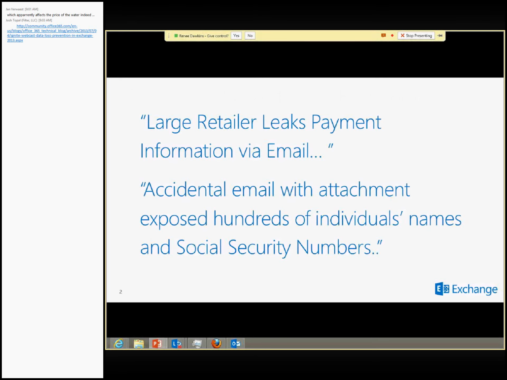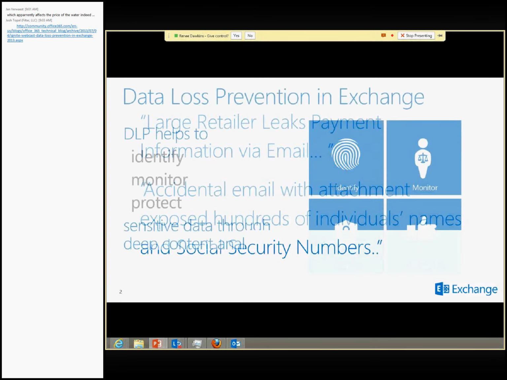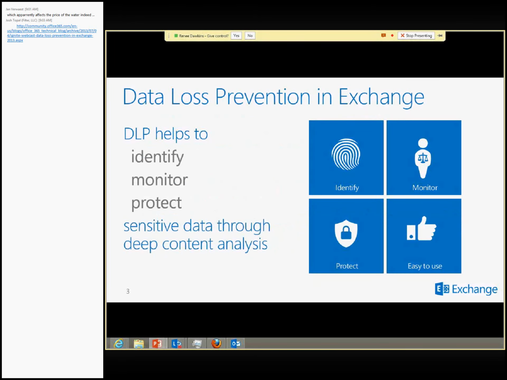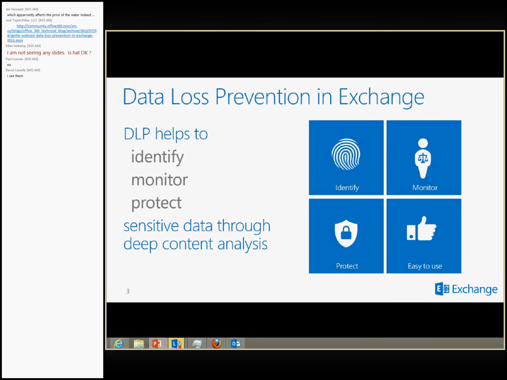So in short, the definition would be: DLP would help you to identify, monitor, and protect sensitive data through deep content analysis. I would like to highlight the last piece, which is the deep content analysis, because it is very unlike any product that will just look at a few parameters and then make a decision, as in yes or no. It actually goes in depth and sees exactly what the content is. Is it sensitive? Is it not sensitive? Could it be sensitive? And then it builds upon